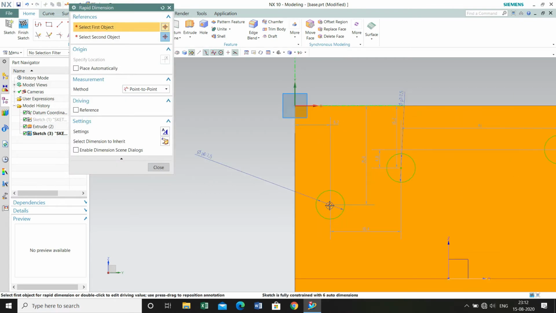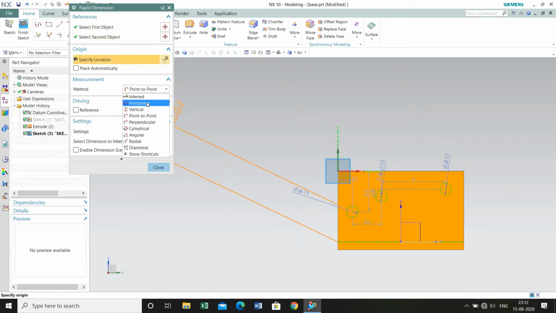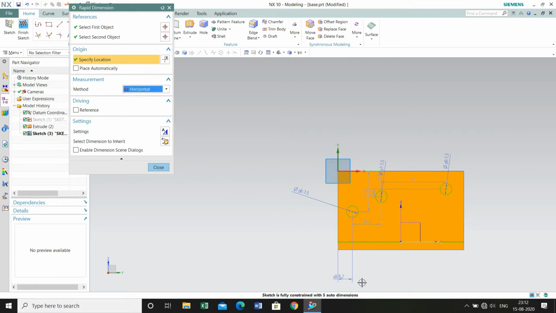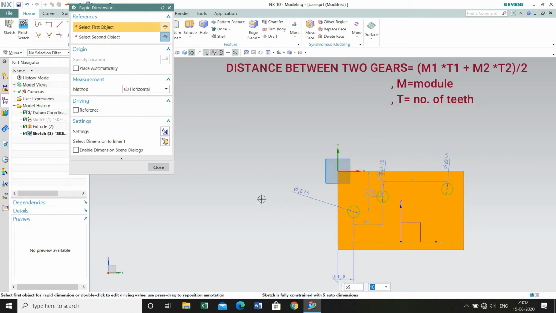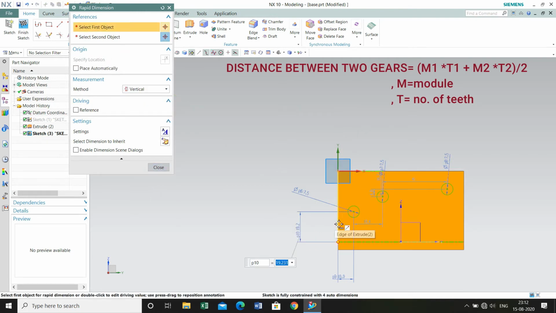So each circle will be the radius of the first gear adding the radius of the second gear apart from each other. So keep that in mind. So this horizontal distance is 10 mm and the vertical distance would be 20 mm. 20 mm. Okay.